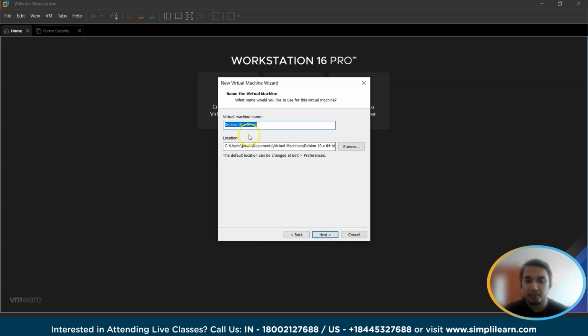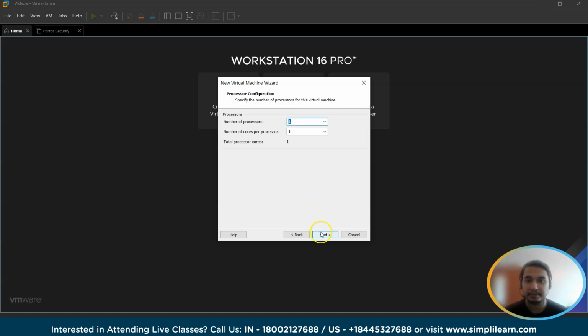Click on next. We will name it as Kali Linux and click on next. The number of processors, I am going to give 2 processors here. Total processor cores is 4. This you can determine based on how powerful your system is and how much you can give as it is,